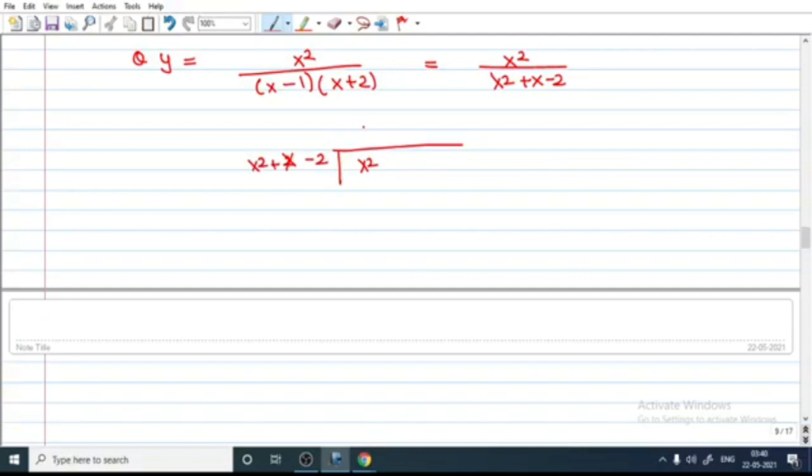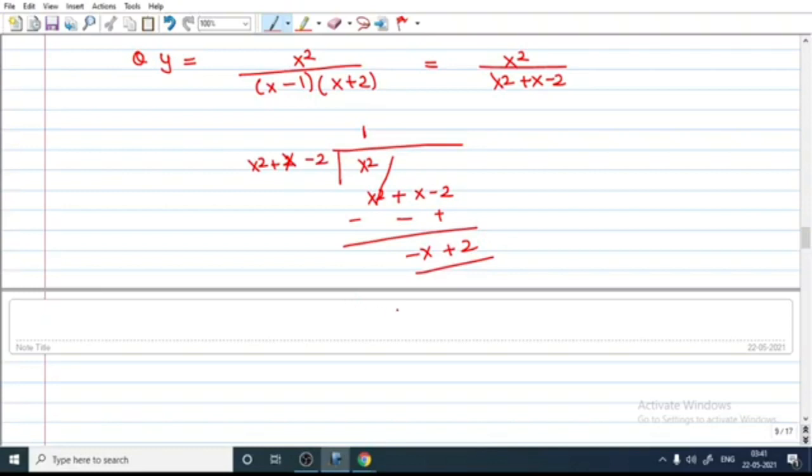First I will multiply it by 1, so what I am getting is x square plus x minus 2, negative, the whole upon, this will cancel out and this will be left, minus x plus 2. After this, can we proceed? No. Why? Because the x square term cannot be converted into x.